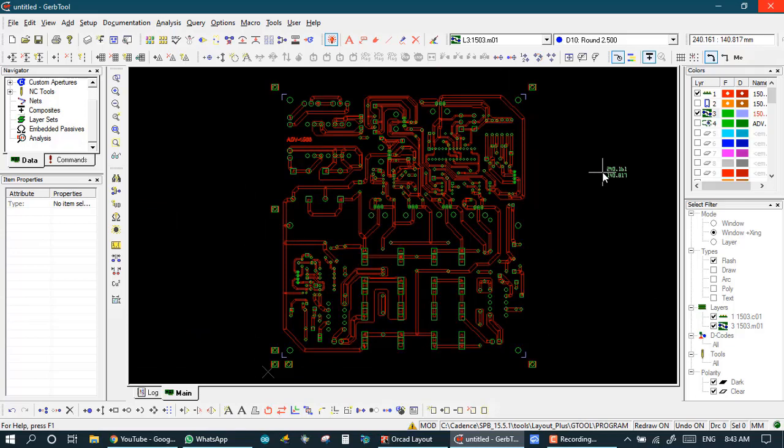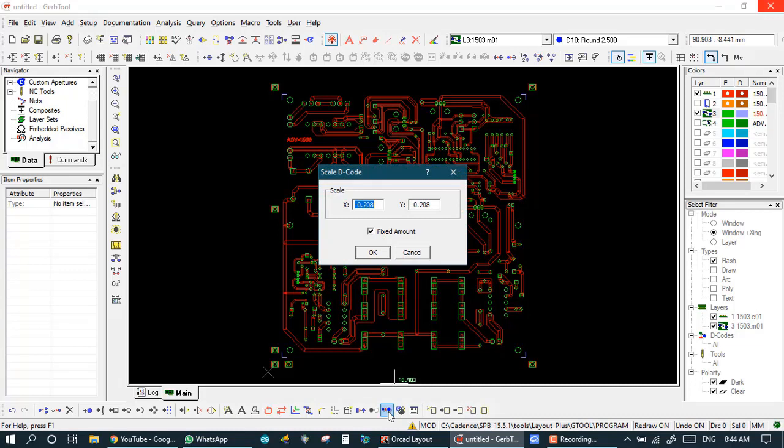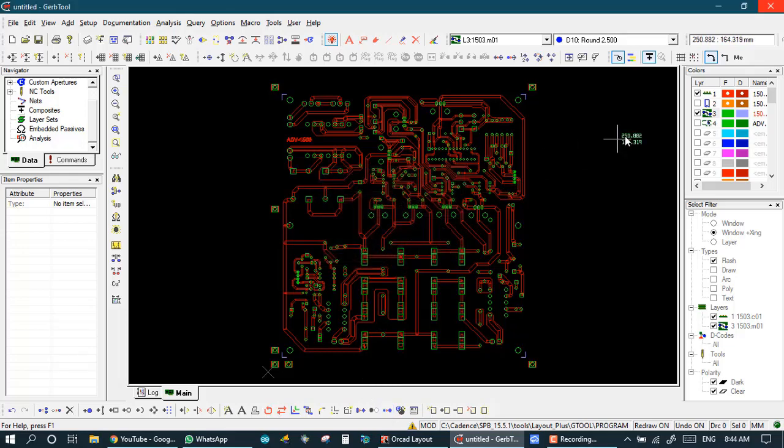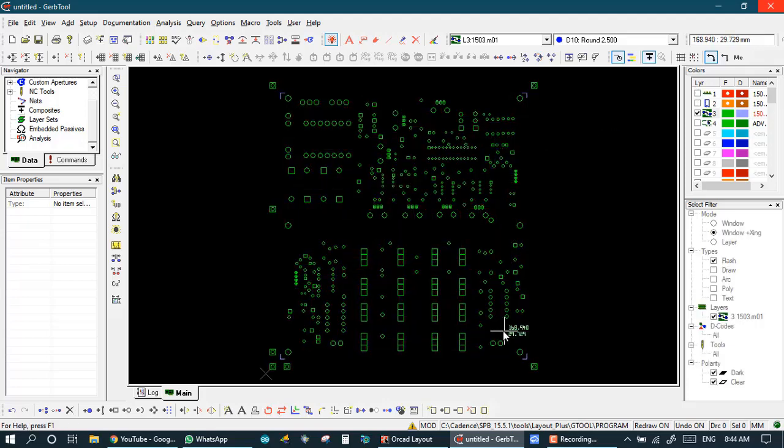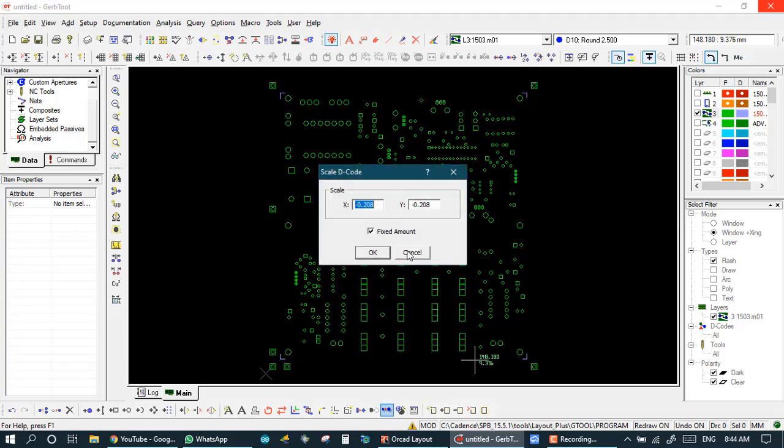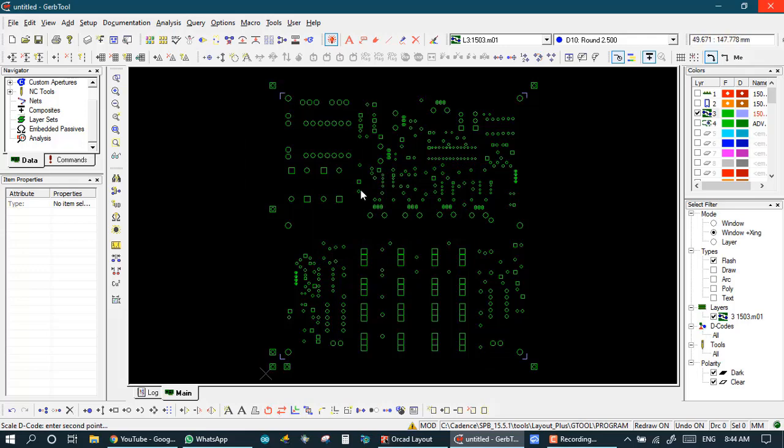So now I do the decode. Now if I want 0.150 mm, then I take scale here. So first for this addition, we turn off the copper layer. Now here our masking layer is on, and now we take a decode a second time. If I want the masking 0.150 size more than the copper layer, then I set 0.3 in x and 0.3 in y, and OK. Now I click on it and OK.